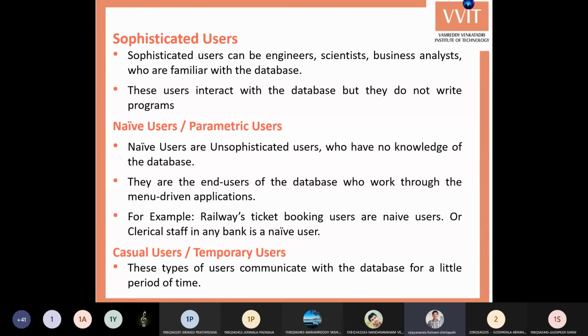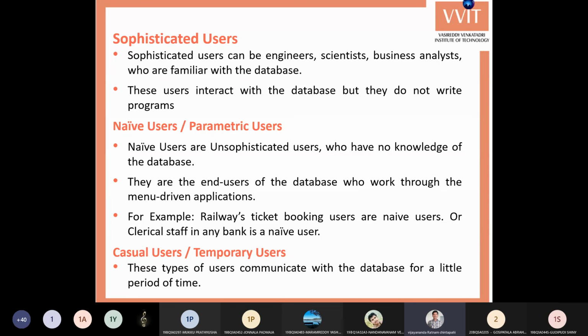They are the naive users or end users, whereas we use that website only for a particular period of time whenever we want to book a ticket. Once the ticket is booked, we simply leave that application. That's why we are the casual users or temporary users. So these are the different categories of database users.